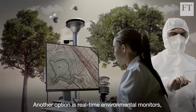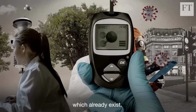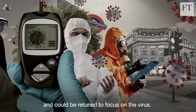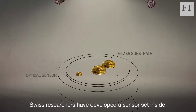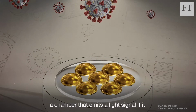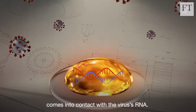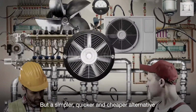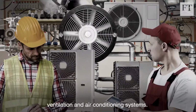Another option is real-time environmental monitors, which already exist. They can assess things like CO2 levels and could be retuned to focus on the virus. Swiss researchers have developed a sensor set inside a chamber that emits a light signal if it comes into contact with the virus's RNA. But a simpler, quicker, and cheaper alternative to high-tech solutions could involve improving heating, ventilation, and